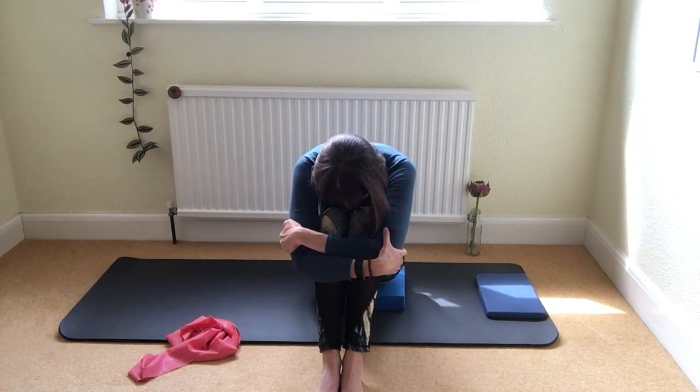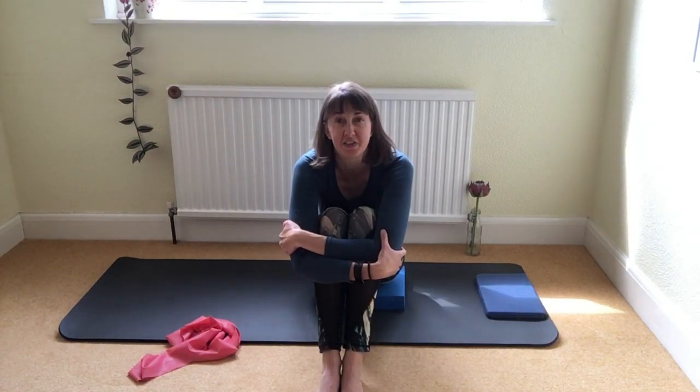When you're finished there, let's release the band from behind the back. If you need to give your shoulders a little circle or a shrug, do that. If you need to relax the legs or the hips, do that. If you want to give your knees a hug to the chest, that's always quite a nice stretch to release off the lower back. Let's come now into side reach,